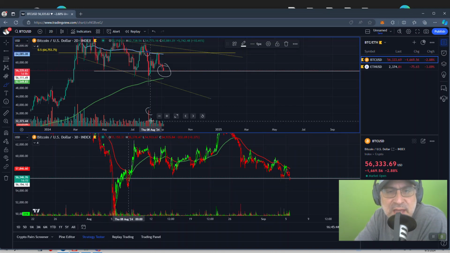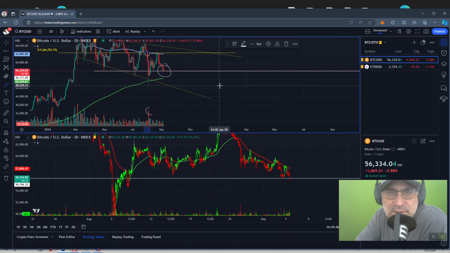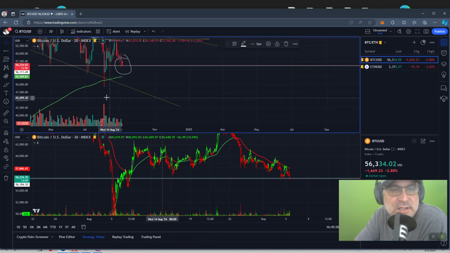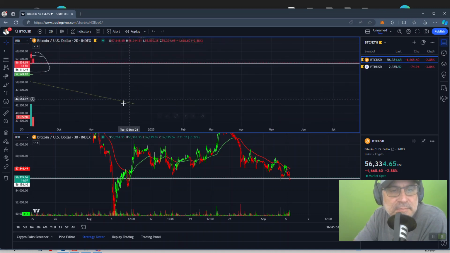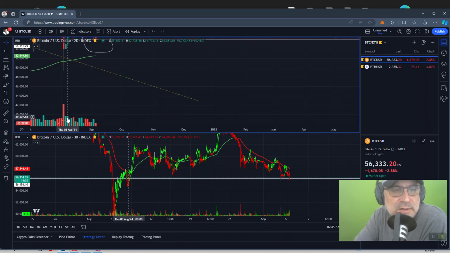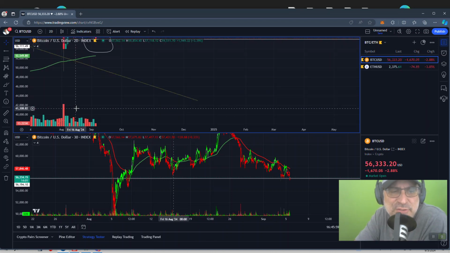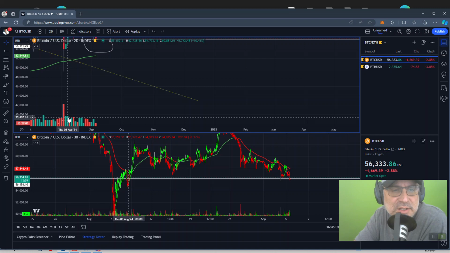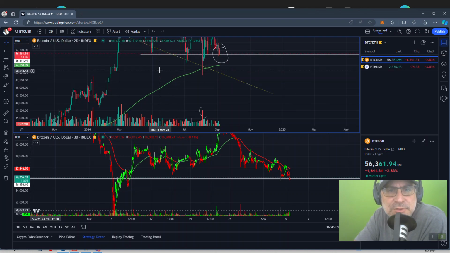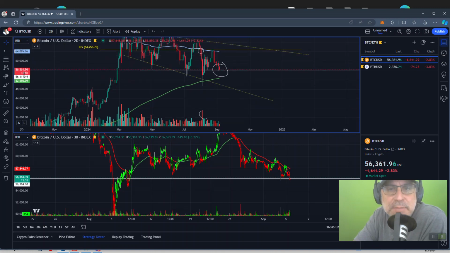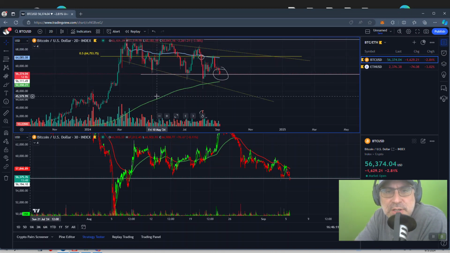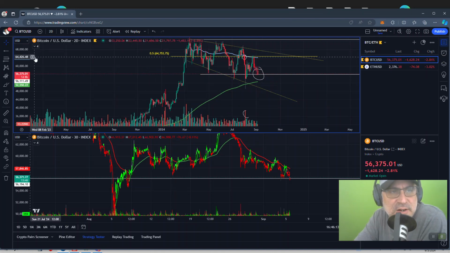We came down, and we haven't been able to come back up through it since, even though we've had a series of demand spikes. See if you can see this, if I could blow it up a little bit here and here, average volume, but nonetheless, we were unable to prevail back through the VWAP line with the 0.5 fib. Prior to that, we kept coming back up, as you see here, bouncing off this